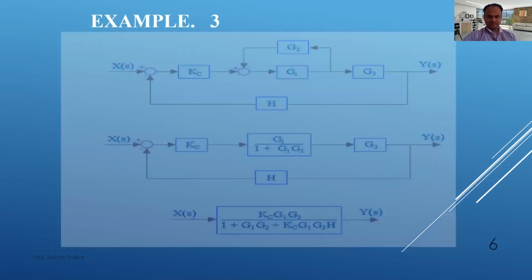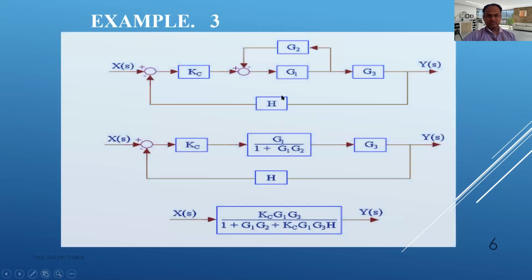Now the third example. In this you will get one feedback function. Here it is gain function G1. Here G2 is written, but it is actually a feedback, if you see the direction of the arrow. G3 is in series, Kc is in series. So what are we going to do? We first find the answer of the feedback function of G1 and G2, and the answer will be G1 divided by 1 plus G1 G2, as it is a negative sign here, it will come as plus.